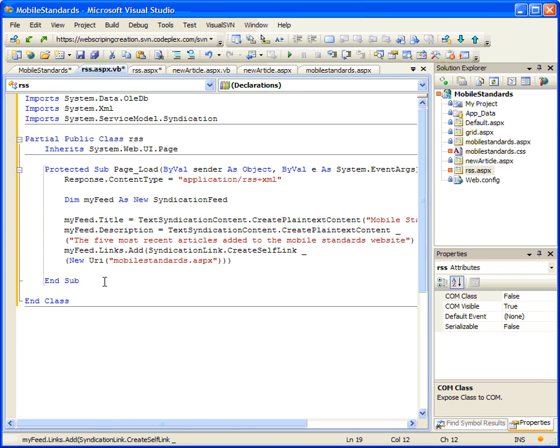Because if you think about it, the thing which is consuming this page, say for example Outlook Express or Google Reader or something like that, if I just pass it the words mobilestandards.aspx, how will it know which web server mobilestandards.aspx resides on? It just doesn't know that. So we can't simply pass it this URL. We need to pass it also the stem of the URL, http:// something,